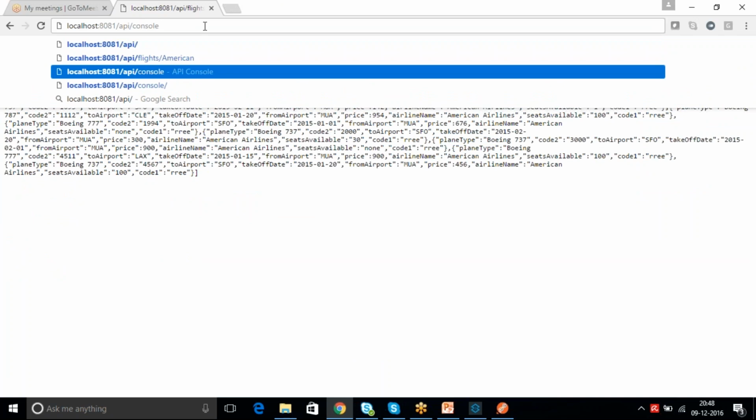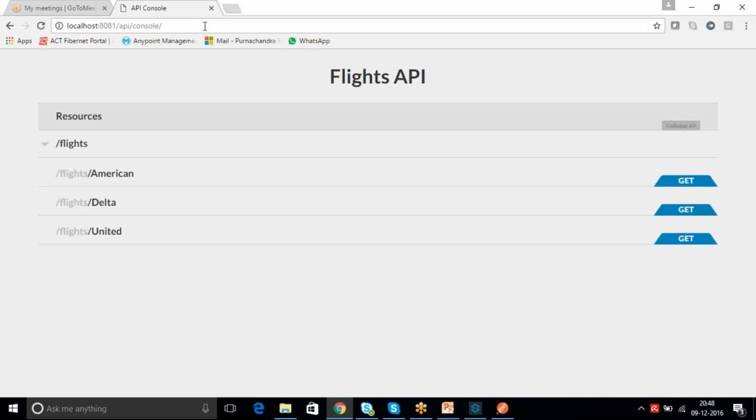The console will just display the RAML design, how it looks, with the resource names and the operations available. So you cannot give console slash flight slash American. Remove the console and give flight slash American or flight slash Delta, something like that.